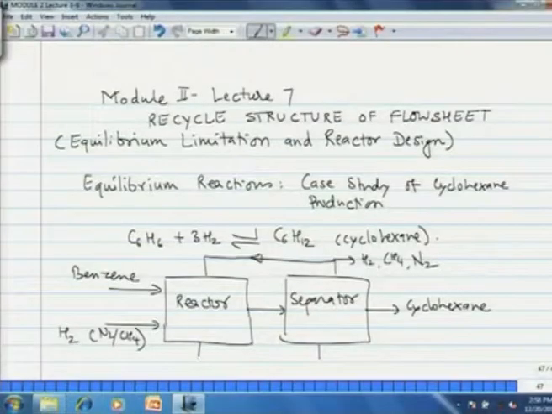Benzene and cyclohexane have very similar properties. Therefore, any benzene left in the cyclohexane is difficult to separate because relative volatilities are very close to 1. In addition, benzene is carcinogenic, it is toxic. So, we would like to have as little benzene unconverted as possible. But still we can show here a recycle stream for benzene. So, this is a basic flow sheet at level 3, that is the recycle structure of the flow sheet.